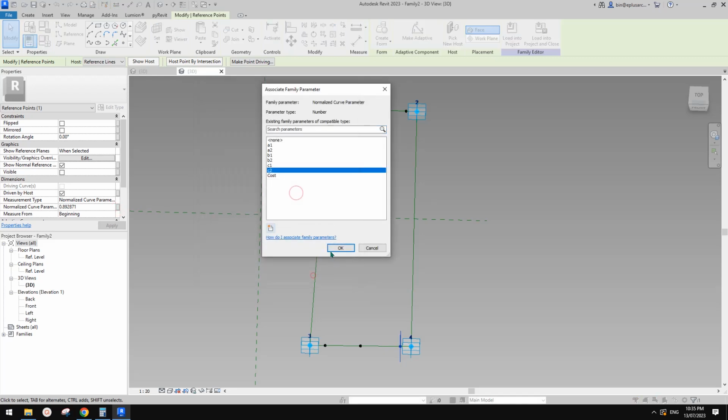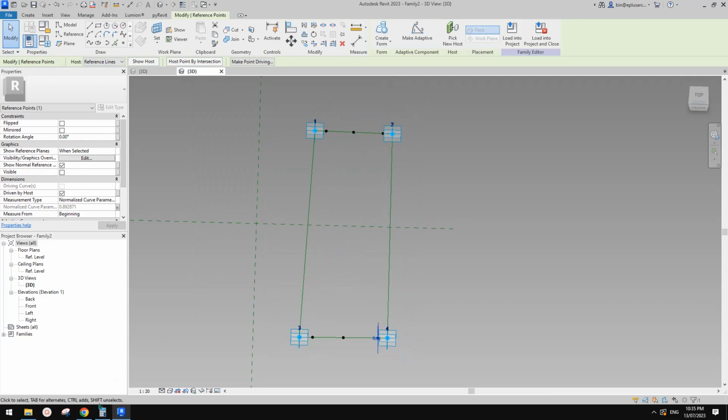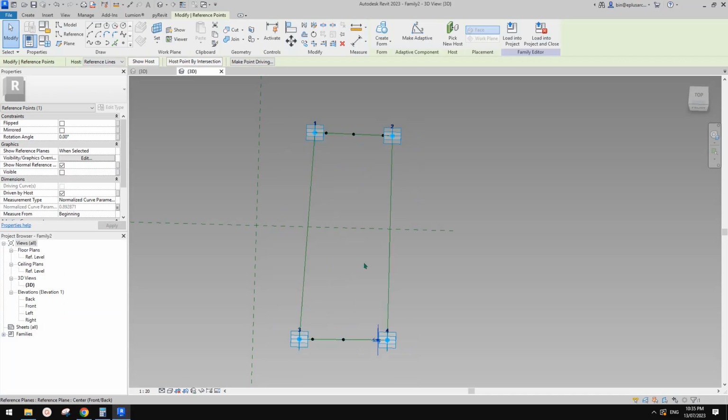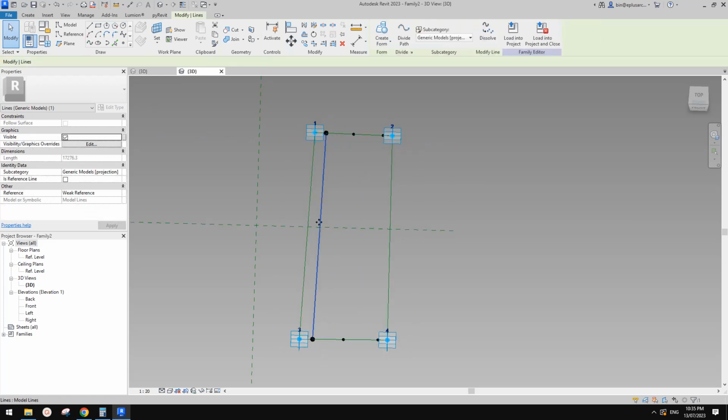C2. Okay, so now we have all the parameters for the vertical, and then we need to add some diagonal. So you can see maybe this one, it's from here to here, and another one's from here to here. So maybe let's just do an X shape. So from here to here, here to here. Oh no, sorry, no, we need this. Okay, so